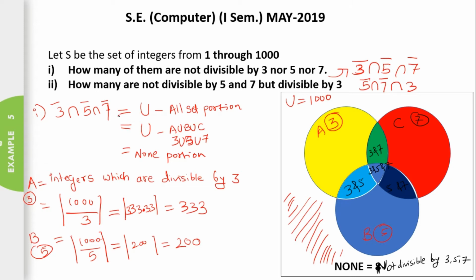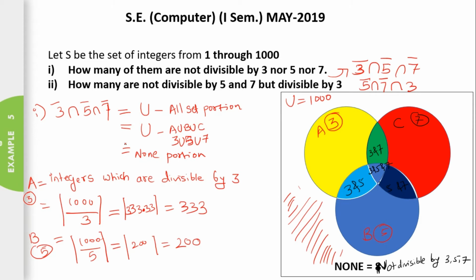So this can be written by using the formula. That will be only the white part in this portion, that is the none portion, and that can be calculated as the universal set minus this portion which is grabbed by your 3, 7 and 5 numbers, which are either divisible by 3, 7 or 5. So it will be U minus A union B union C, the universal set minus A union B union C, that is the none portion.